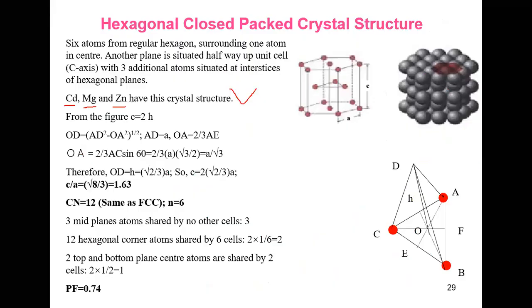Like, again we draw this one. This is the mid plane, and that is the upper one. If the mid plane forms the triangle ABC, and the medians intersect at point O, then the distance from O to the mid plane is H. And as I have mentioned, the relationship between C and H is C equal to 2H.